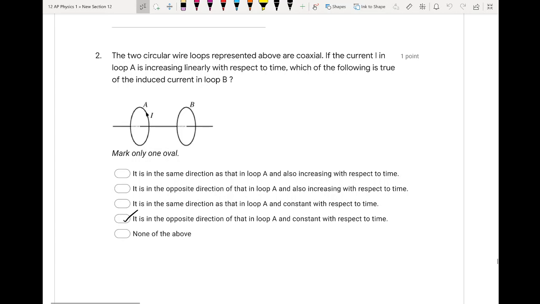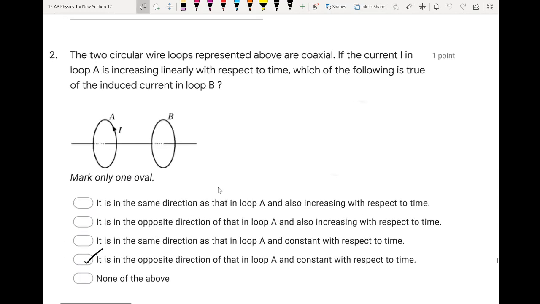So with this one, what we're looking at is two circular wire loops represented below our, I guess, coaxial, so it just means that they're lying in the same plane. If the current I in loop A is increasing linearly with respect to time, which of the following is true of the induced current in loop B? So what we're looking at is this situation